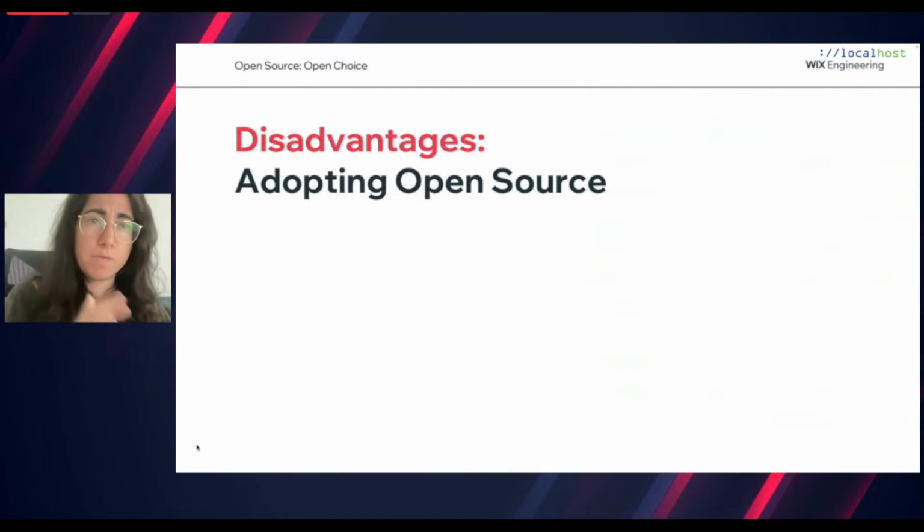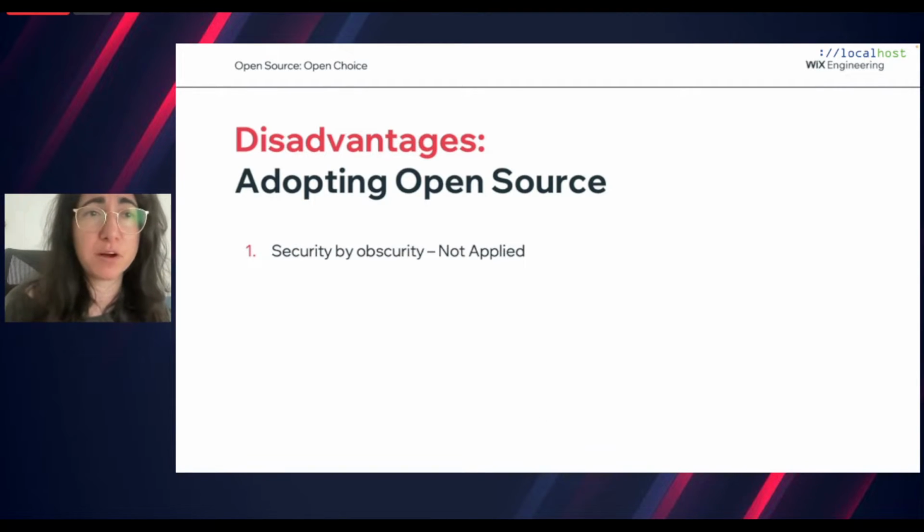We can't talk about anything in life only on the good side. We need to cover the bad as well, the bad or the problematic or the complex, right? So let's cover some disadvantages of open source that I think are worthwhile to mention. First of all, security by obscurity. This notion doesn't apply to open source, because proprietary software companies can claim that their code is much more secure than open source because the source code is closed, so hackers can't really exploit loopholes since the code is not available, it's not public. So this is one thing to consider.